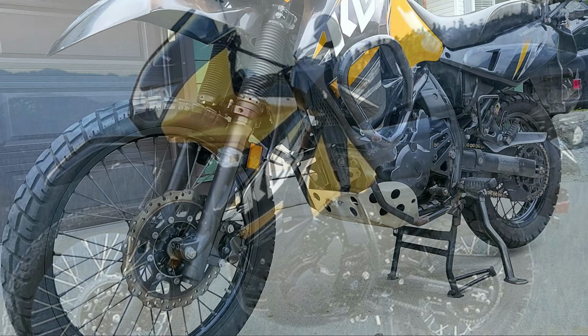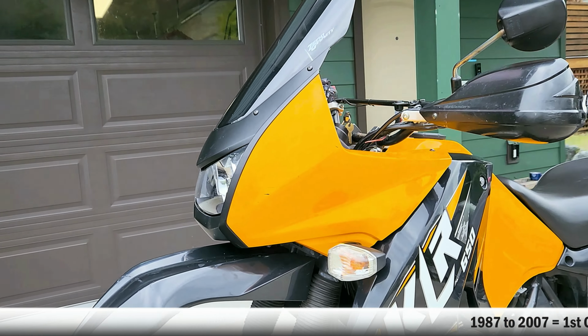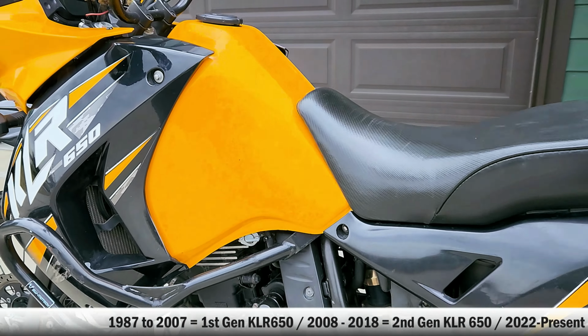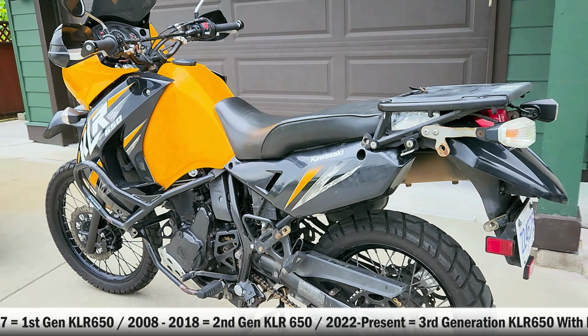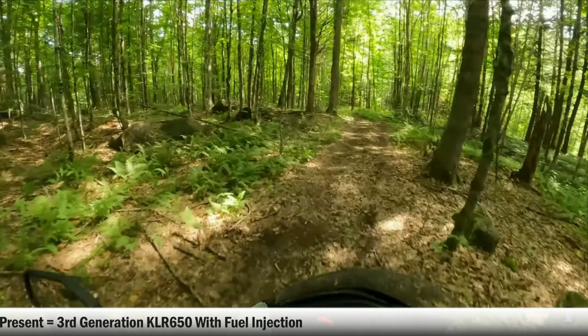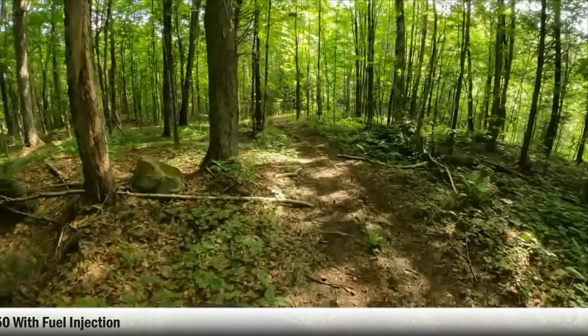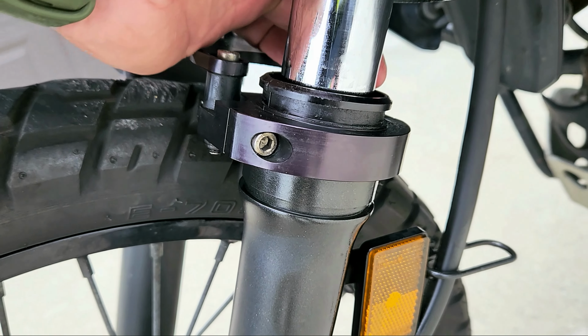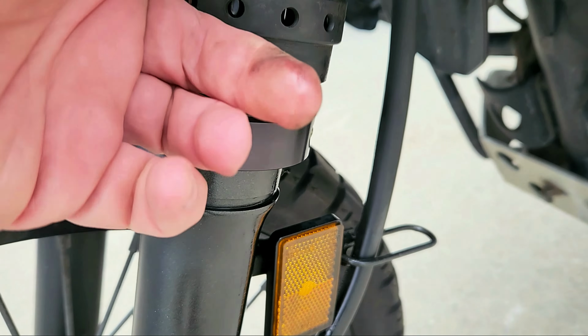So here it is, the ultimate adventure bike, my new to me 2013 KLR 650. Although the second generation KLR doesn't get the reverence the first gen KLRs do for off-road purists, there is no disputing the second generation KLR is the most popular true adventure bike in the world. Now, my KLR does need some work, and we'll get to that in another video,